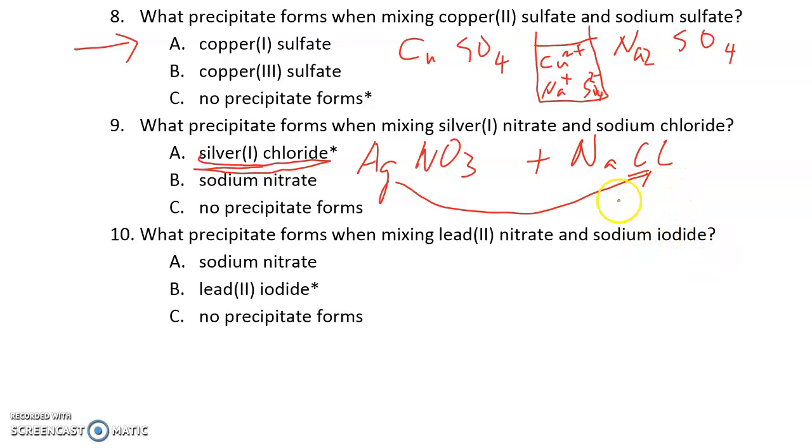Okay, and what is the net ionic equation? It will be silver plus chloride. It's going to form silver chloride. All right, you can work the same thing on the last one. So you have lead nitrate with sodium iodide. What happens is all the nitrate will be soluble and sodium iodide is also soluble. What you have to see is